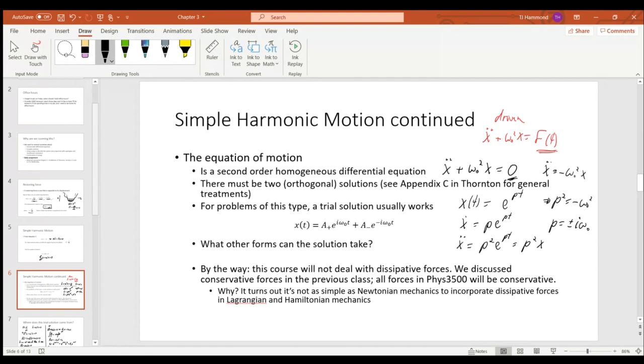The main reason for that is that Lagrange Hamiltonian mechanics become more complicated if we start to deal with loss of energy of non-conservative systems. And so in order to keep things simple, since we're introducing this new idea of Lagrangian mechanics, we're just going to say none of those cases are dissipative, and all the examples after that are not dissipative either. And so I'm not going to deal with dissipation in harmonic motion either, or oscillations. Okay, so